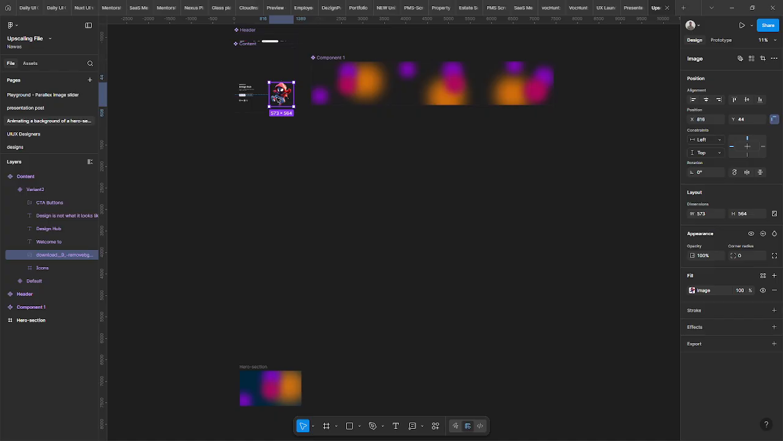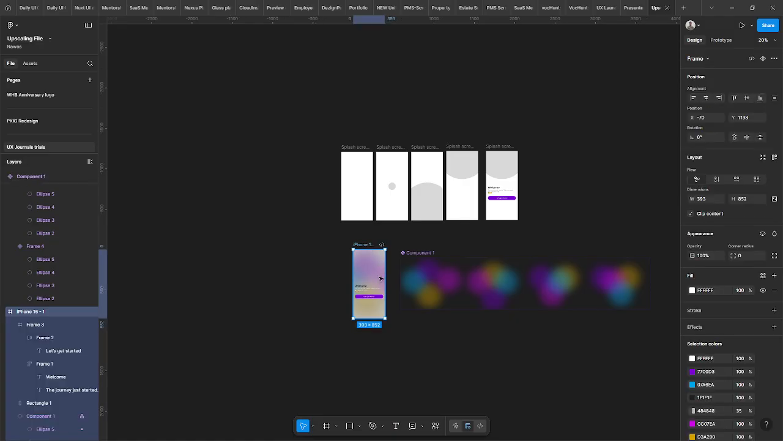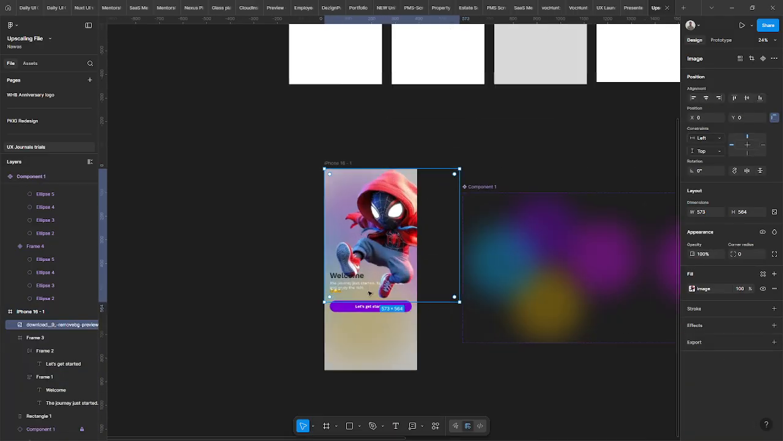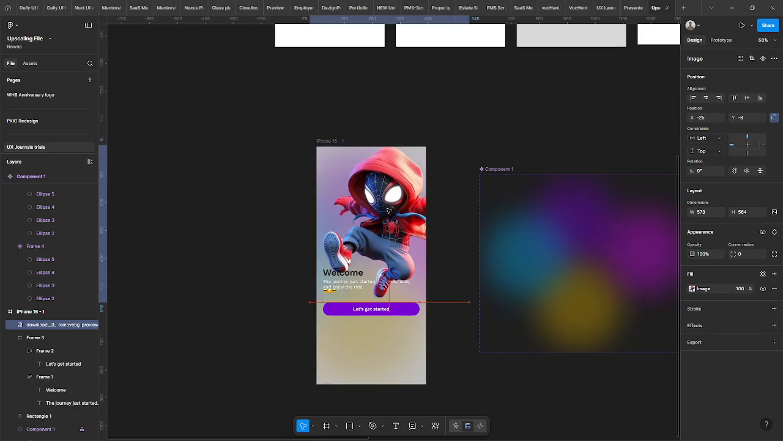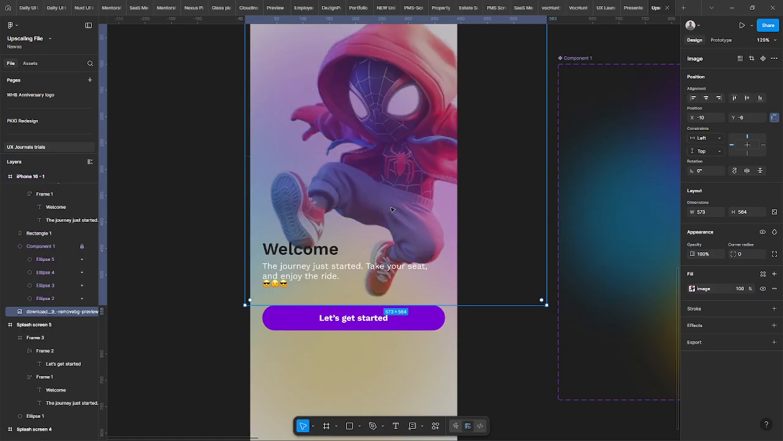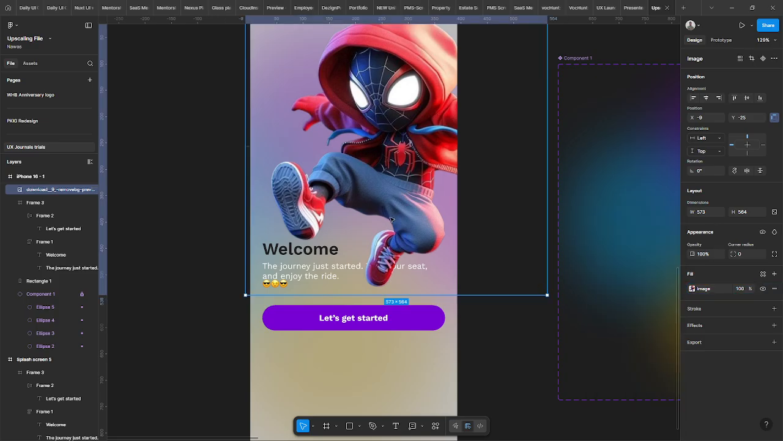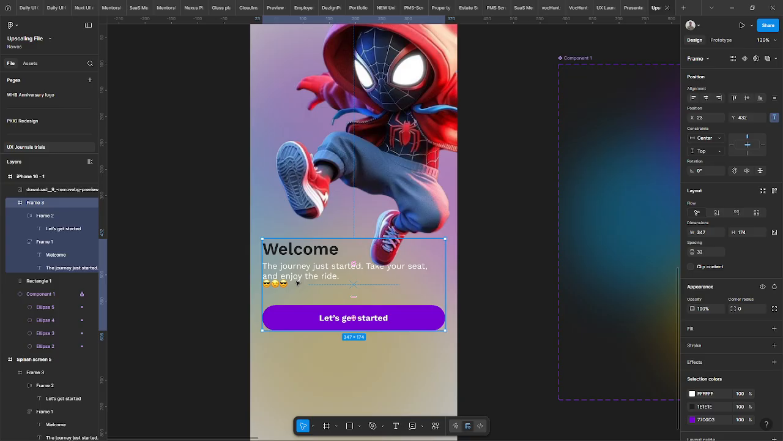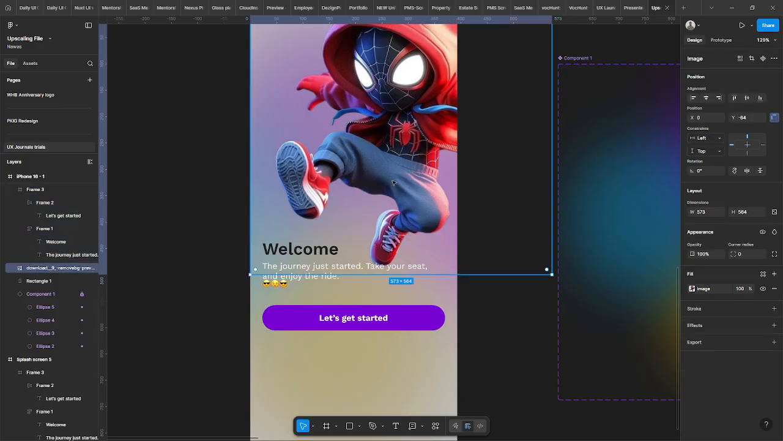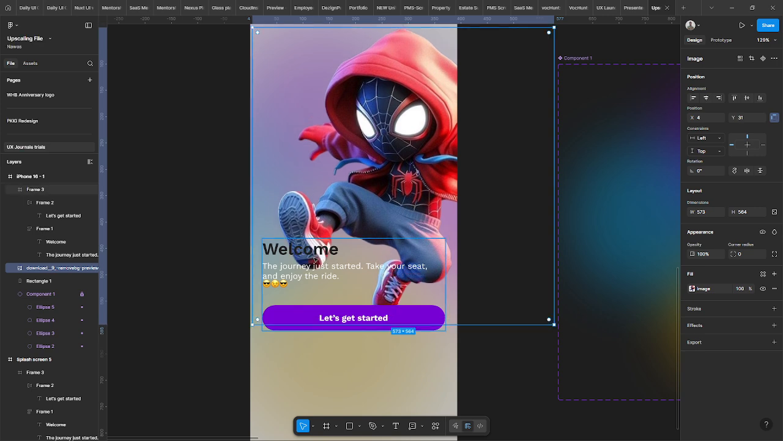Yeah, Spidey. I love my Spidey. You know that. So I bring it here. Good. So something like this. I take it to the back. I take this one to front. I put my design down like this. Then maybe here